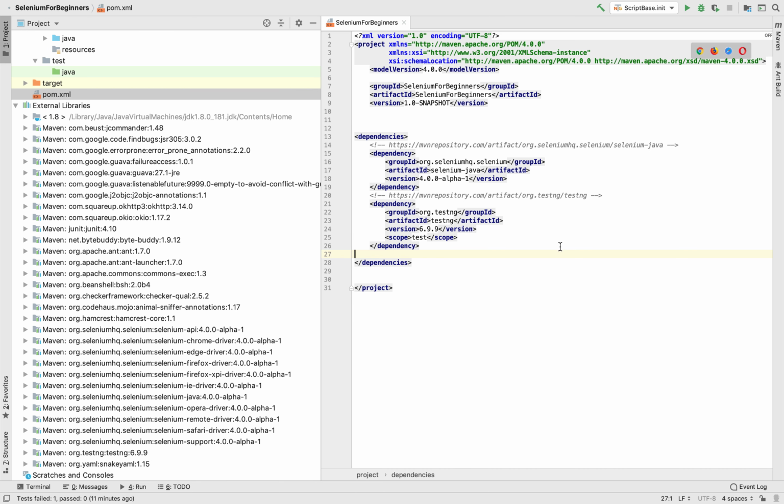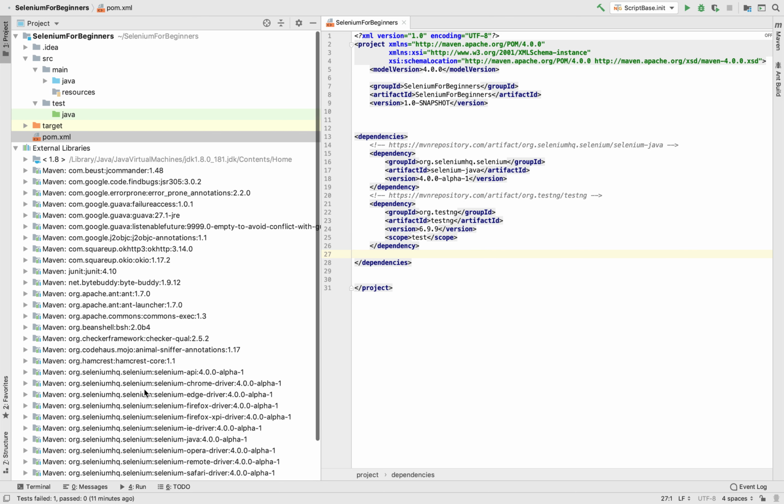So now I already have the dependency for Selenium, which is the maven Selenium and Testng dependency, and we see that we already pulled all the jar files here, which is the maven Testng and so on. Over here. So now guys, I'm going to create a simple